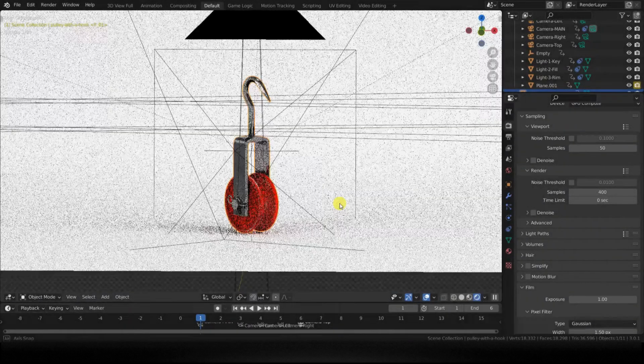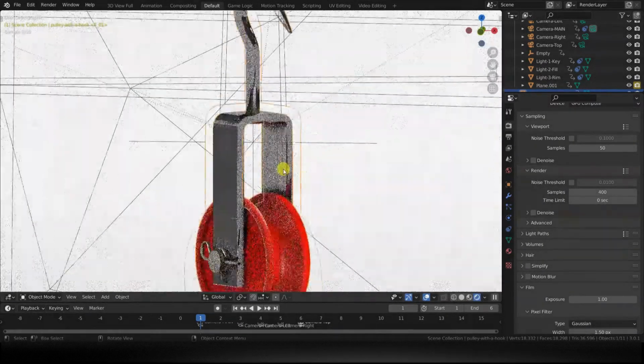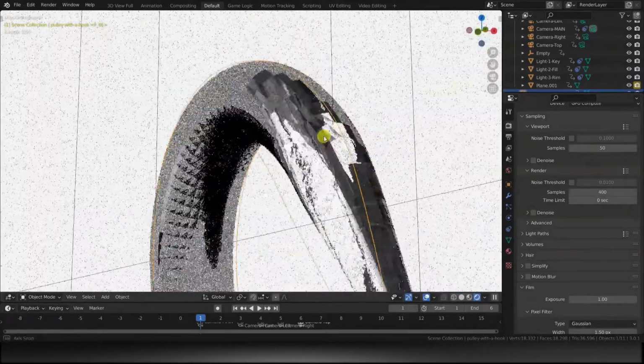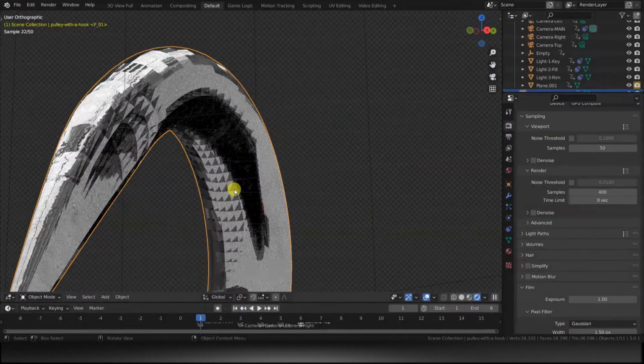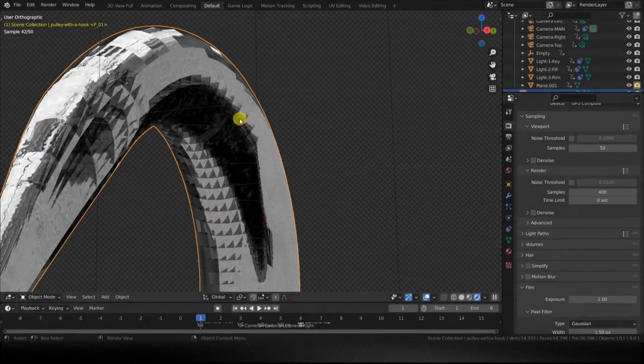Hello everyone! In this tutorial I want to show you some strange artifacts that I encountered while applying some textures from Substance Painter in Blender 3 and how to fix them. The rendering engine used here is Cycles, by the way.